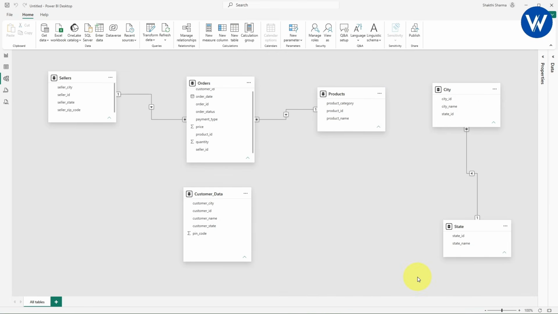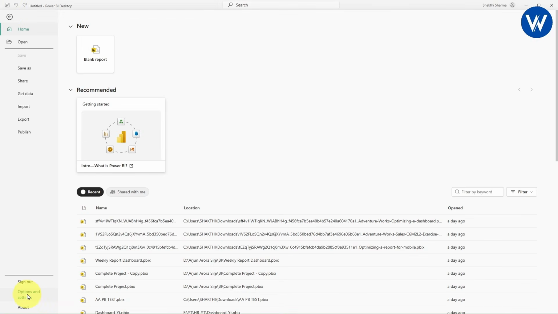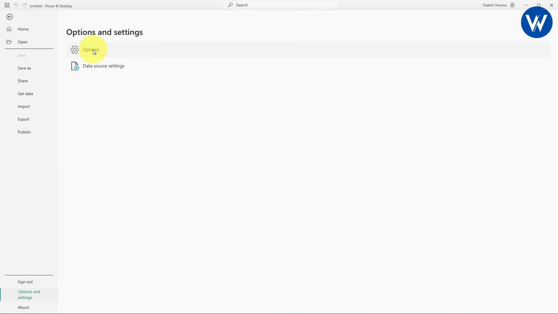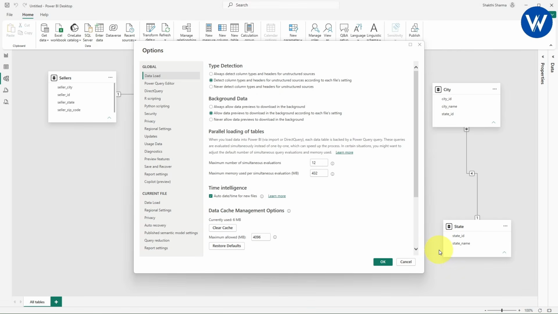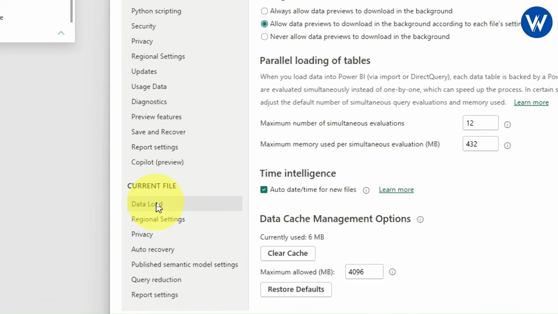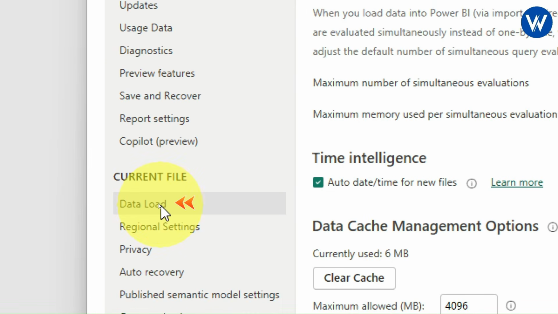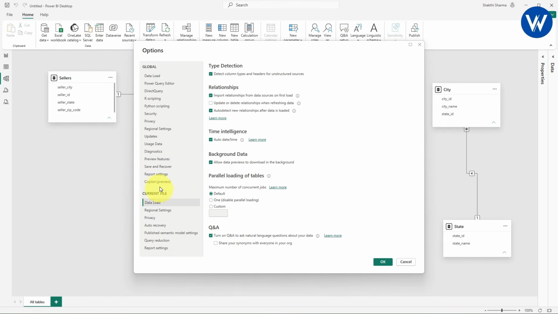If you want to automatically create the relationship in Power BI, you need to do one setting. Let me show you guys. First click on file and now go to options and settings. Look here, follow along with me, options and settings. Now click on options, just wait for a few seconds. One window will open, right. Now inside this different options are available. I will simply go with data load. This is a very important option guys. Click on data load.